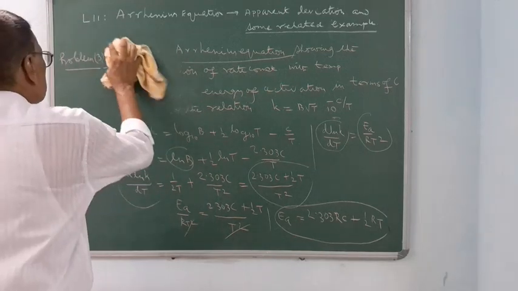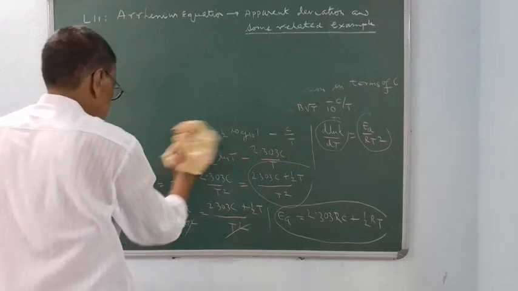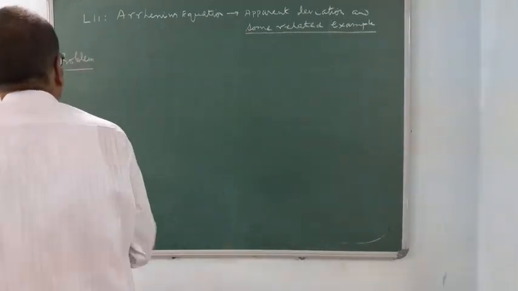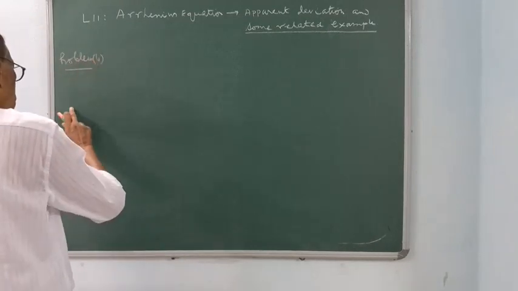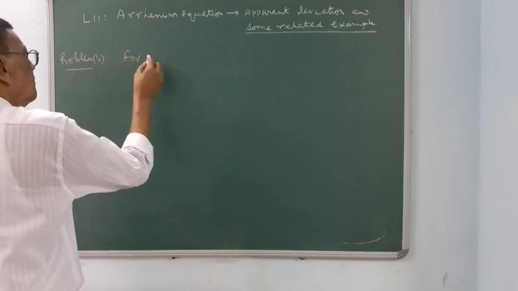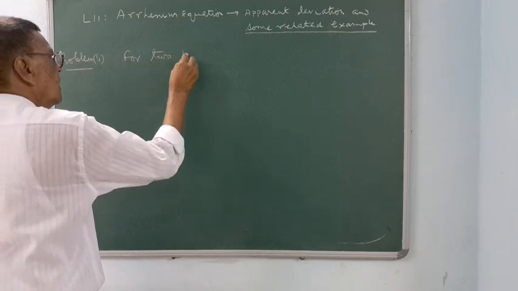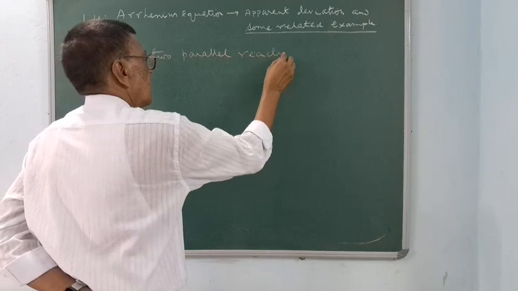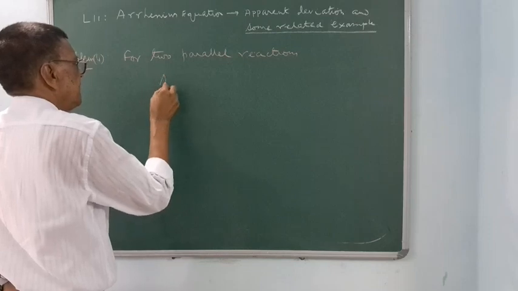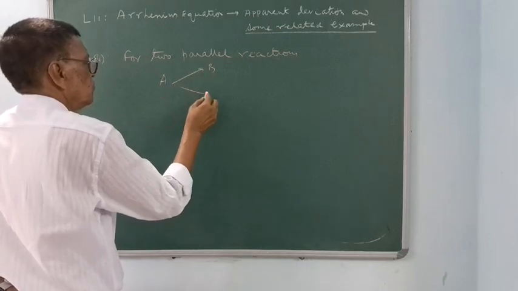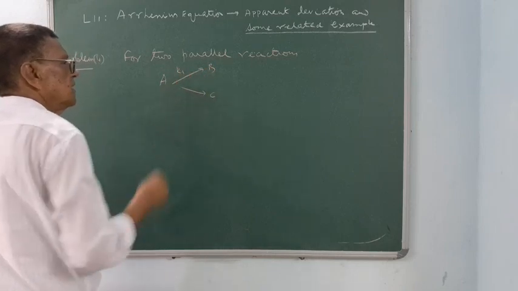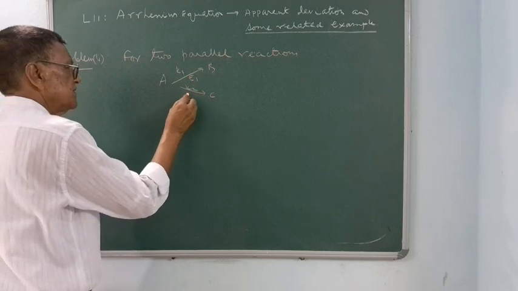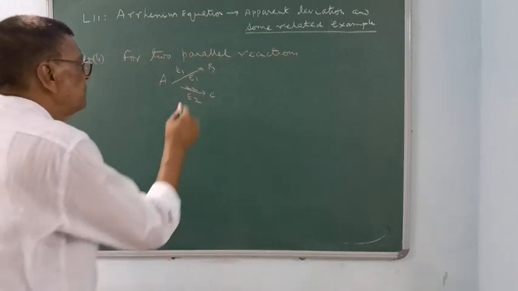Then another last problem, problem 4. For two parallel reactions, A to B and A to C, here it is path 1 with rate constant K1 and activation energy E1, and here it is K2 and activation energy E2. And we have to show